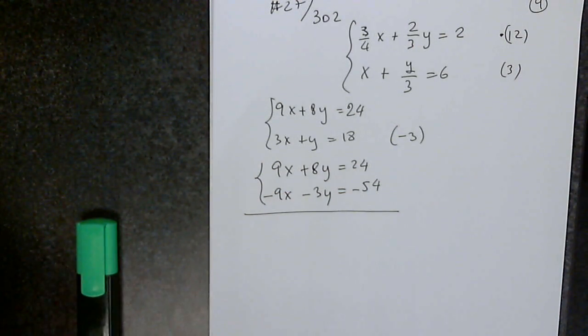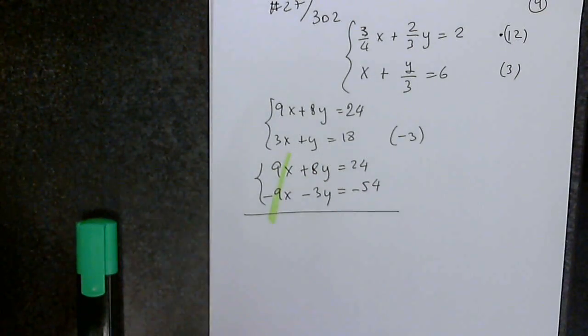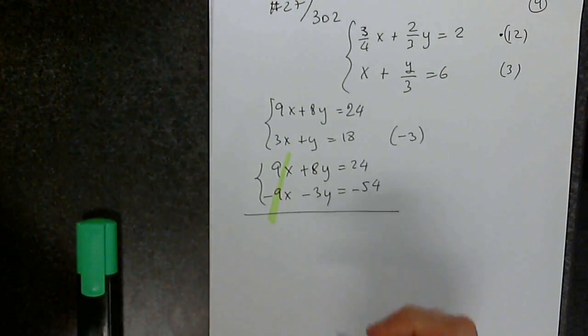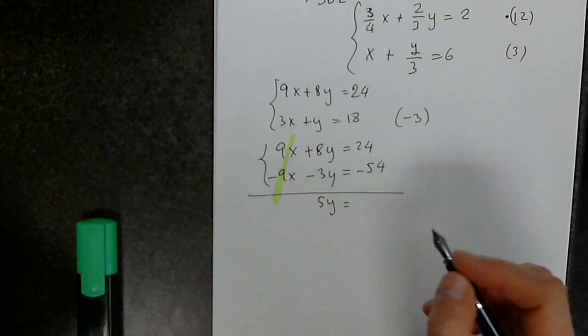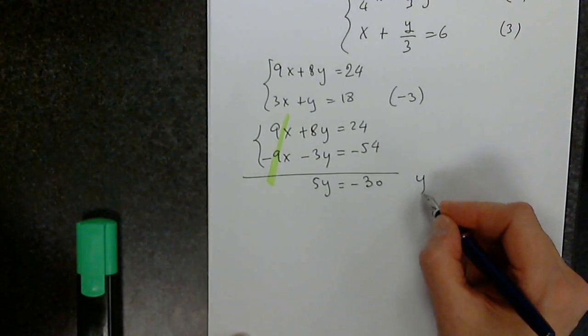What happens now? Why did we multiply by -3? What is the target? What are we trying to get rid of? Negative to get rid of the x. Very good. We're trying to get rid of x. So this is gone. Yes, equals 30. Therefore, y equals